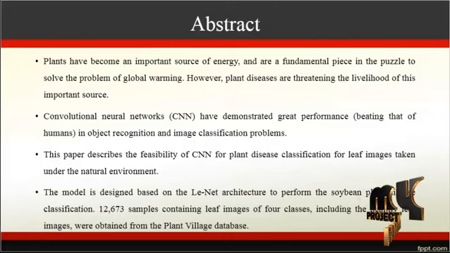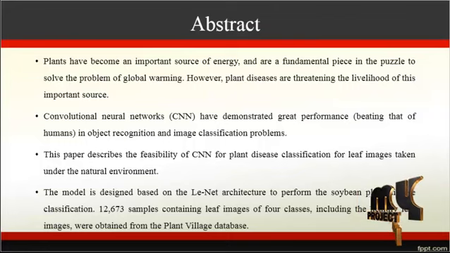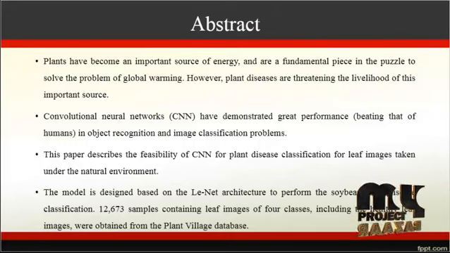This model is designed based on the LeNet architecture to perform the plant disease classification. The dataset of about 12,000 samples contains leaf images of 4 classes, including the healthy images as well as the affected regions. Here we use the images with that architecture and then we classify the results.